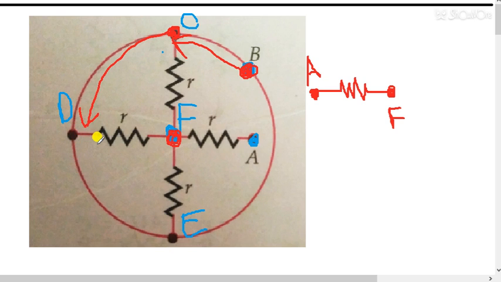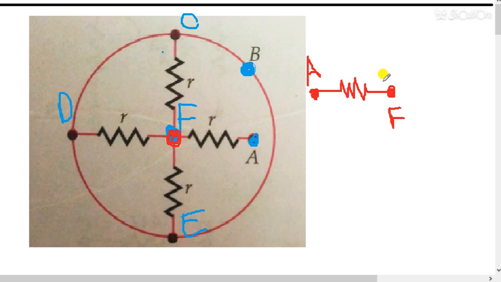Or simply you can say the potential at point B is same, point C is same, point D is same, and point E is same, because there is no resistance in between. So potential at point B is equal to potential at C, D, E. If there is a resistance between them, like between D and E, then the potential of D and E point will be different. But if there is no resistance, then the potential of D point, E point, C point, and B point is